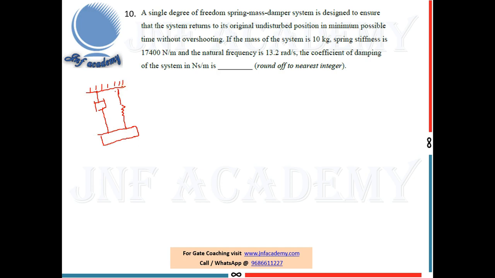Okay. So here they are giving some disturbance. So after a certain time period, it will come to rest. But in the question, they are mentioning that with minimum possible time duration, it has to come to rest. So in single degree of freedom spring mass system of free vibration, we have seen three conditions: one is under damped condition, then critical damped condition, then the last one is over damped condition. So there we have seen this type of graphs, right?